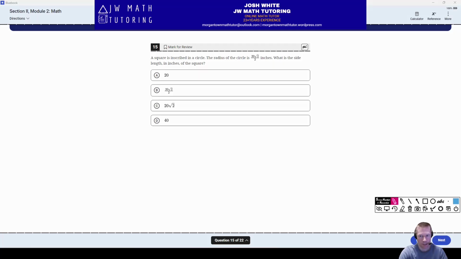Next up, question number 15. Here we have a square inside a circle. So here's our circle. Let's see if I can get a good picture of a square. Close enough. All right, we know the radius of the circle is, now I don't know why they write it